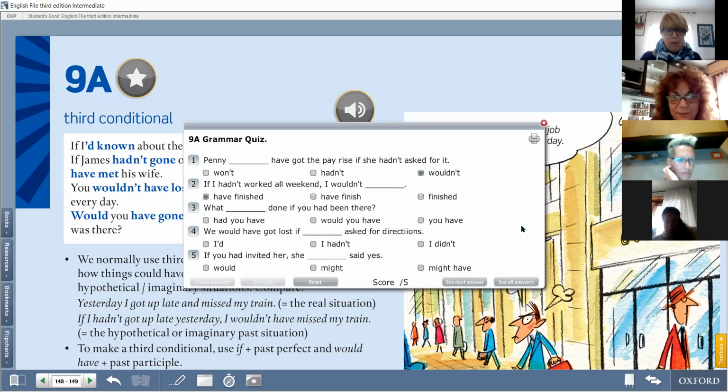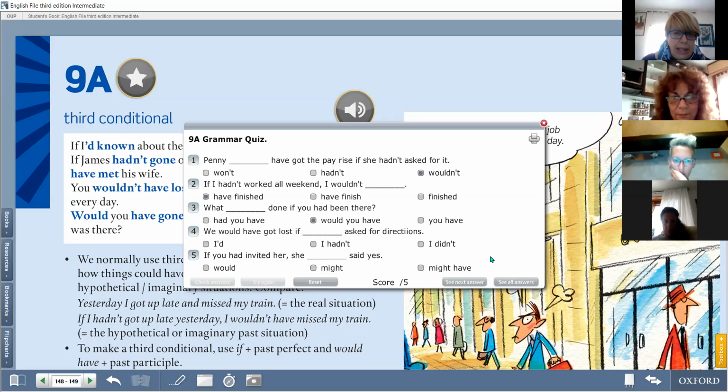Try, just try, no problem. Okay. I know that it's quite hard. I mean, it's not the easiest thing in grammar. It's one of the last. What would you have done if you had been sick? Yes, this is the right way to do it. Just read them all, one moment please, and then decide which one, even from the sound. Okay. What would you have done if you had been there?